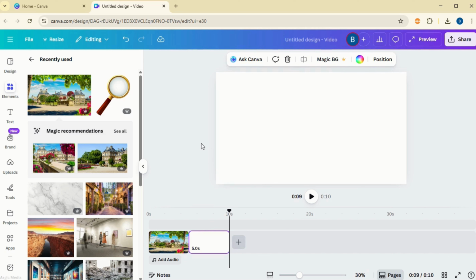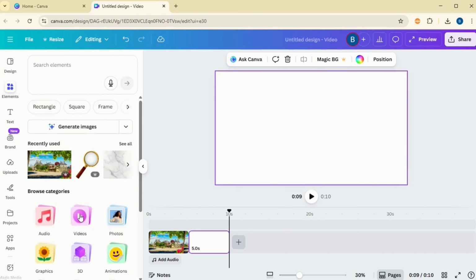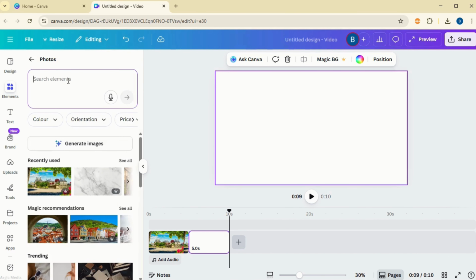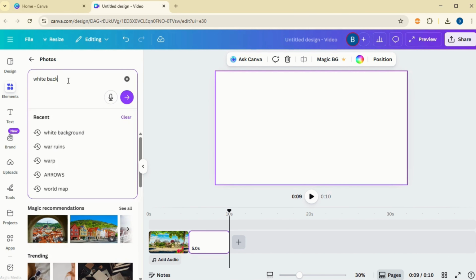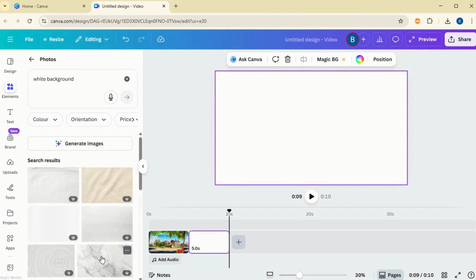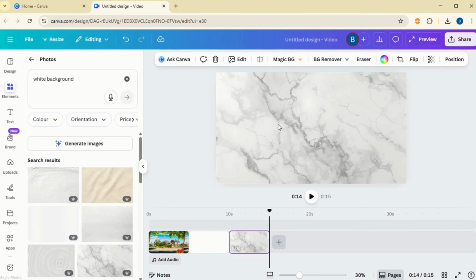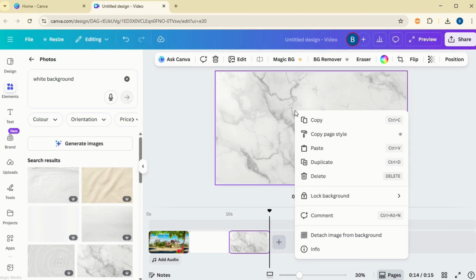and then I'm going to go to photos and type in white background. I'll just choose this marble one here. Now I'll right click and say detach image from background,